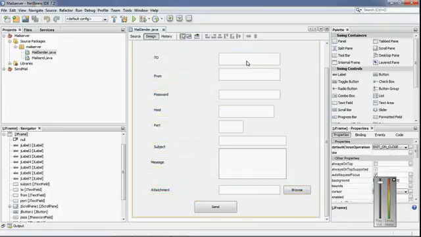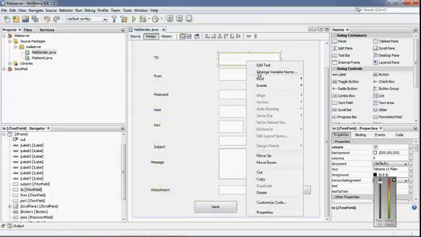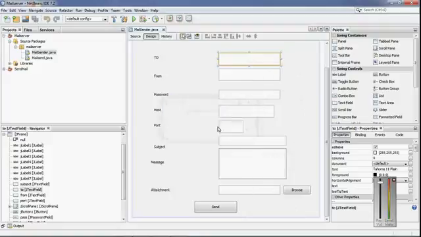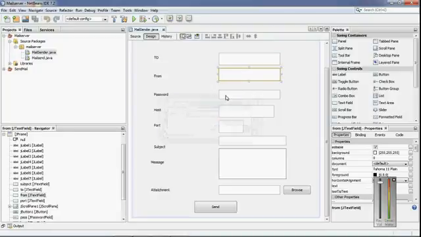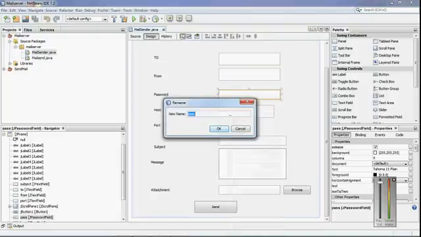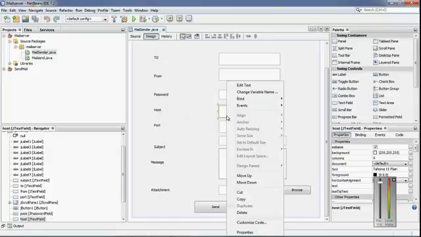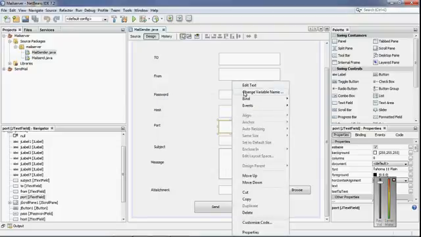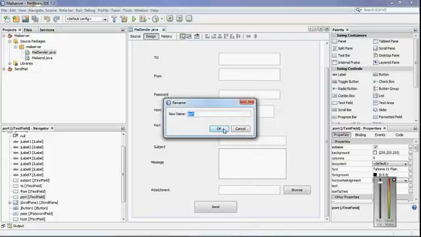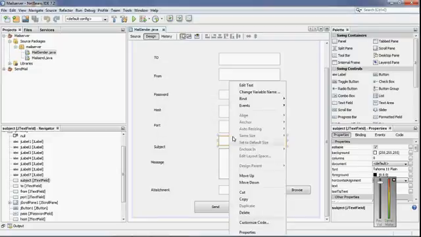We named these text fields: the To field, where to send the mail; the From field; the password field; and the host, the host name which we are using to send the mail, such as Gmail, Yahoo Mail, etc. Then the port number which the mail server uses to send the mail, and then the subject, what you want to send,